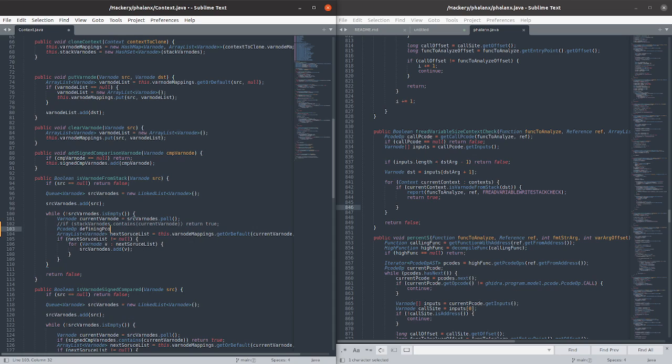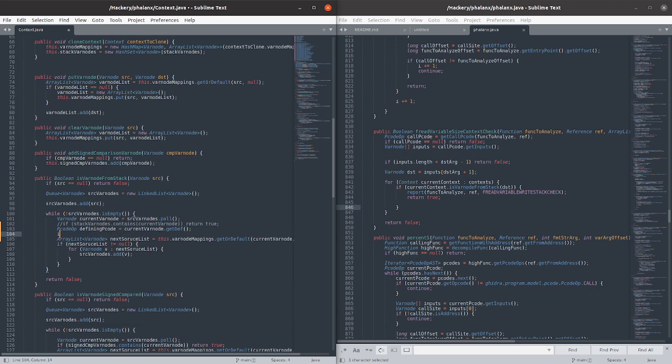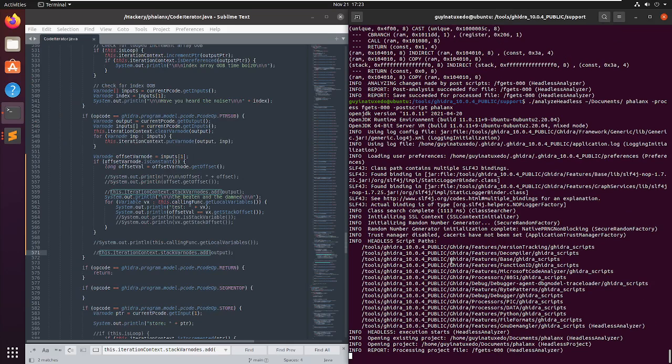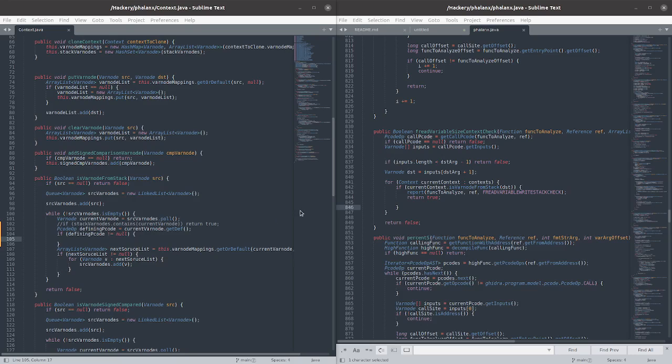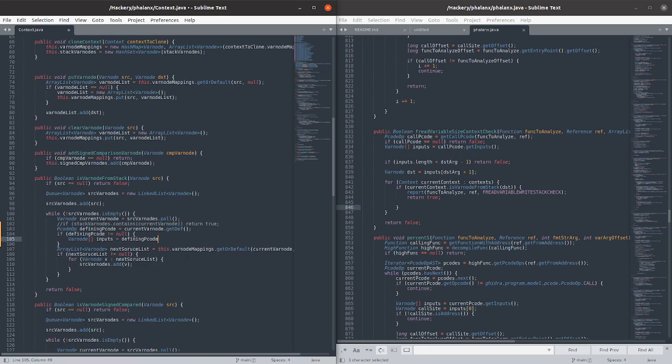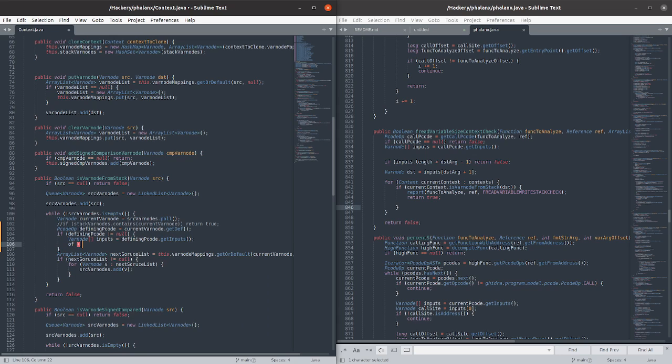Pcode of defining pcode equals current Varnode.get def. If defining pcode does not equal to null, Varnode inputs is equal to defining pcode.get inputs. Actually, first, well, no, we can just run the check on the length of the array. If inputs.length is greater than or equal to 2,